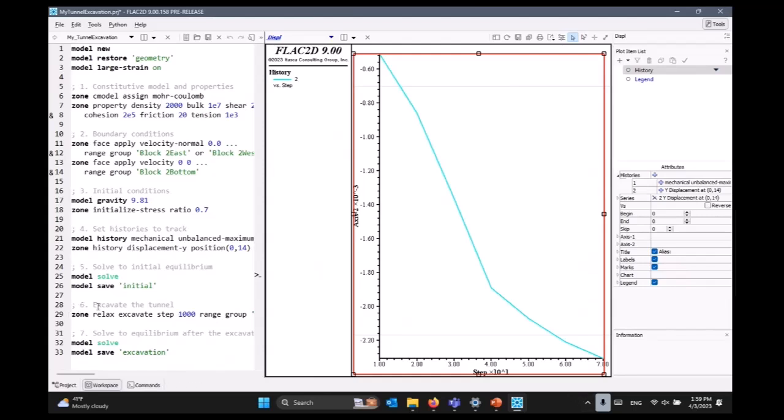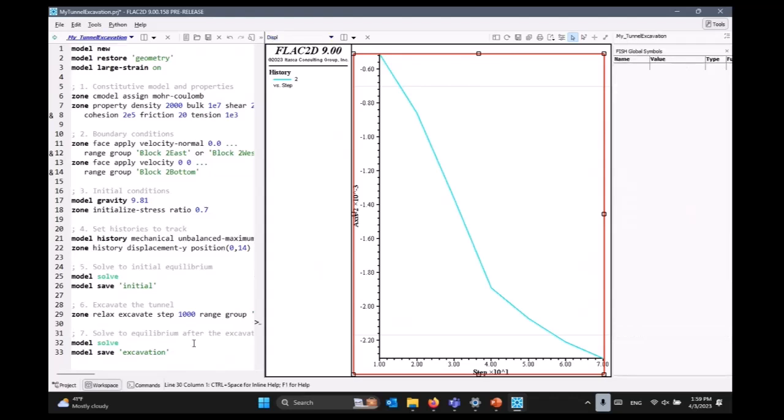One thing I could add in the plot, I could reset displacements, initial displacements. So remember, they're actually meaningless right now, especially after excavation. So we created this initial stable state. And from that stable state, I want to track displacements. So what I'm going to say here,